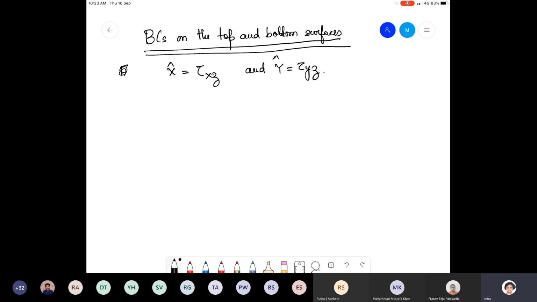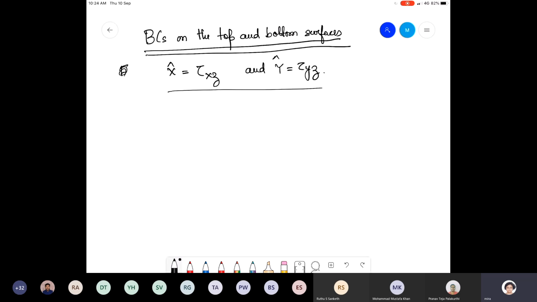So we have seen from the previous example that, of the three boundary conditions that we have, what is left over are these two conditions that need to be satisfied on the top and bottom surfaces. The surface force in the x direction should be equal to tau xz, and the surface force in the y direction on the top and bottom surfaces has to be equal to tau yz, both the magnitude as well as the